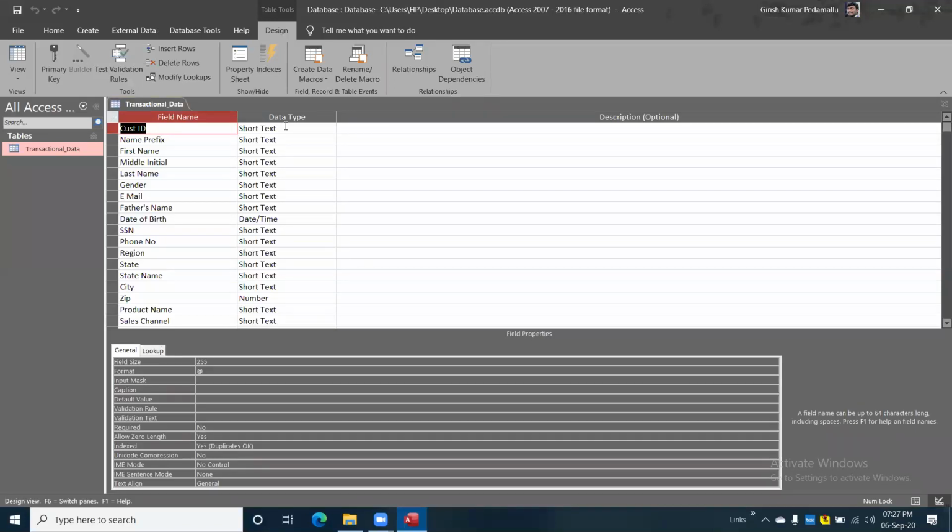For this field name, what is the data type over here? For example, in this case, your question is about the phone number, where instead of a hyphen you said there is a dot or something. But when we are importing data to this Access file, we are taking the phone number as a short text. Text means whether it is a number or special character, whatever you provide, it is going to accept it. It won't check anything because it's a short text.